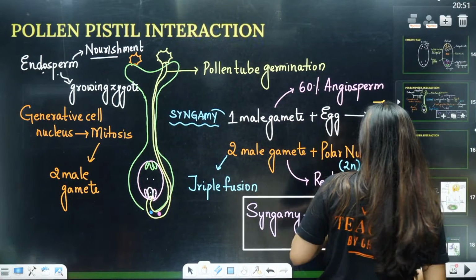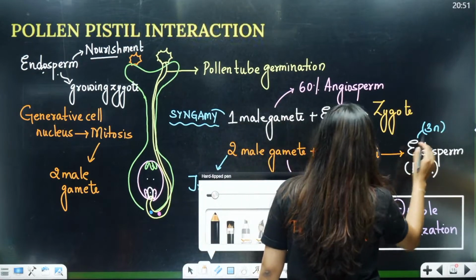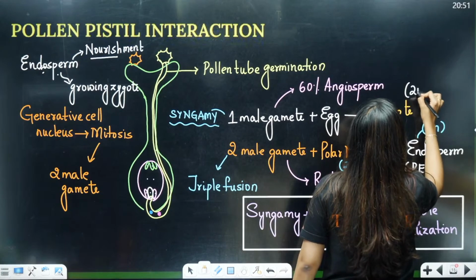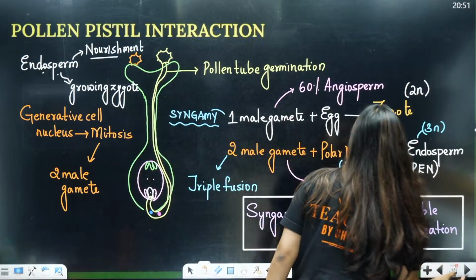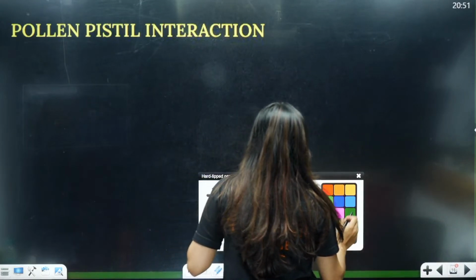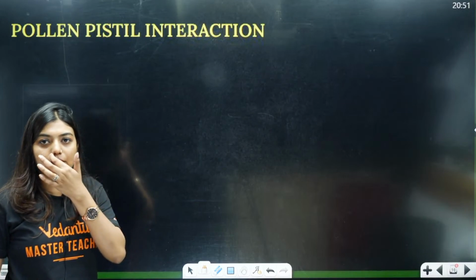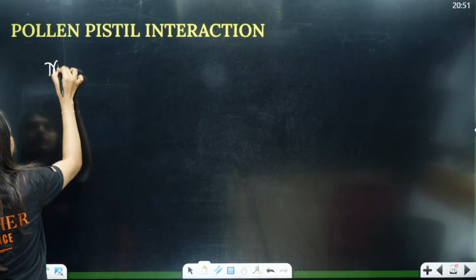Guide the pollen, okay. So triple fusion, it is going to be 3n. I have written here, no? Yeah, 3n I have written. Here it is going to be 2n. Zygote is going to be 2n. Normal situation, okay. One male gamete, one female gamete fusing is happening. So students, so far we have understood so many terminologies, right? All of you are clear with this? Any doubts so far? So students, remember in microsporogenesis,